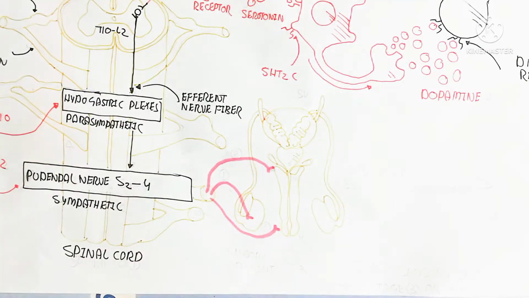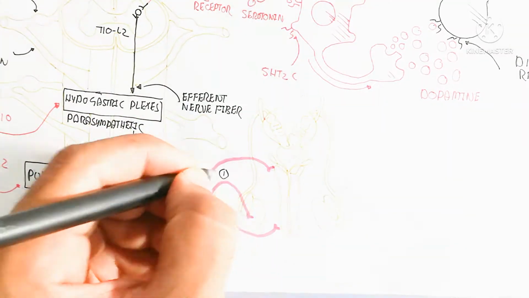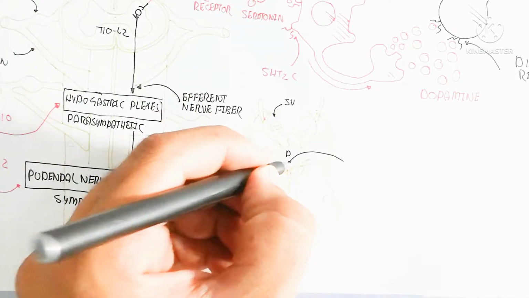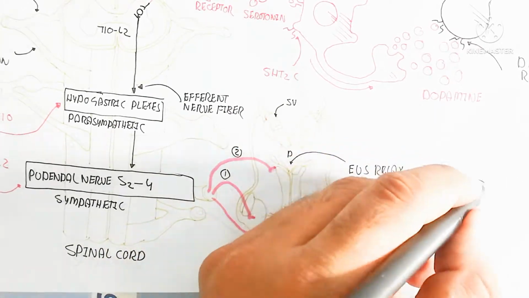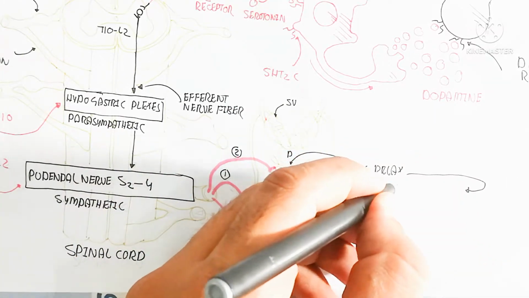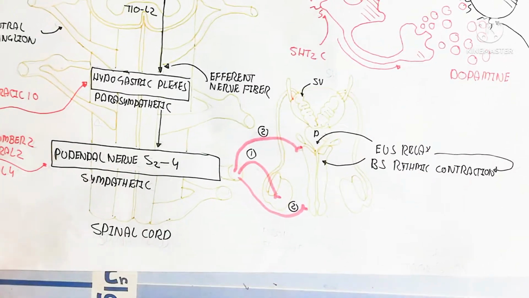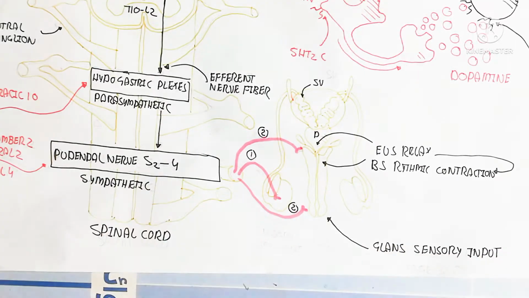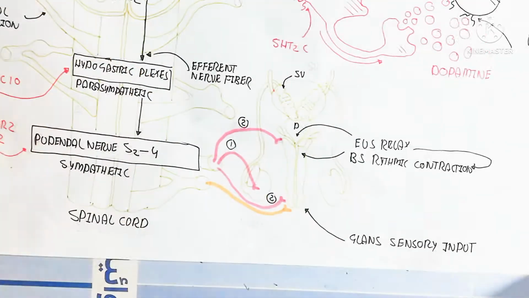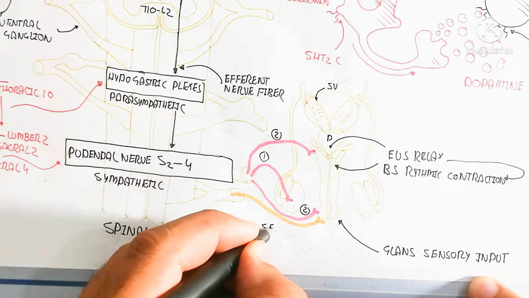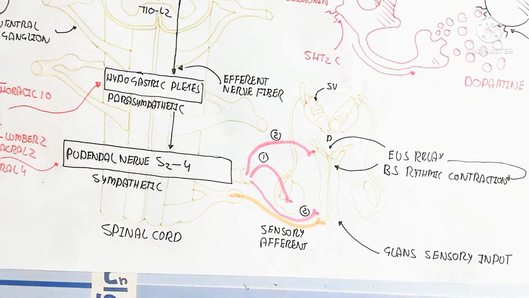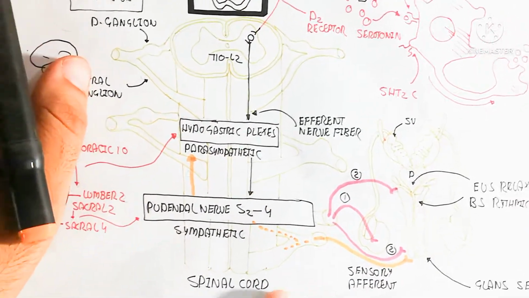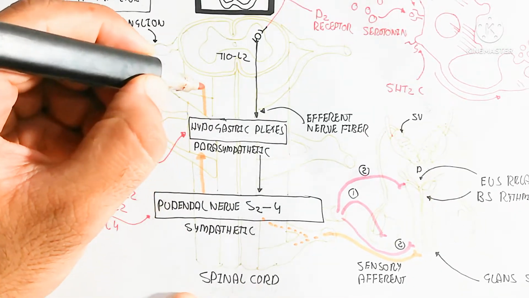This is basically the reproductive system, and in this way the efferent nerve will target different regions. For example, this is the parasympathetic division, which will lead to the EUS relaxing, and the bulbospongiosus will basically have ejection, rhythmic contraction. And this is the sensory afferent, which will move toward the brain after the sensation